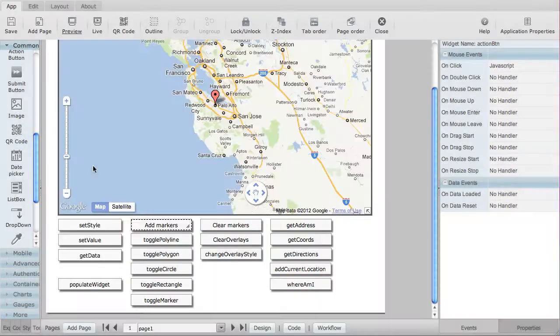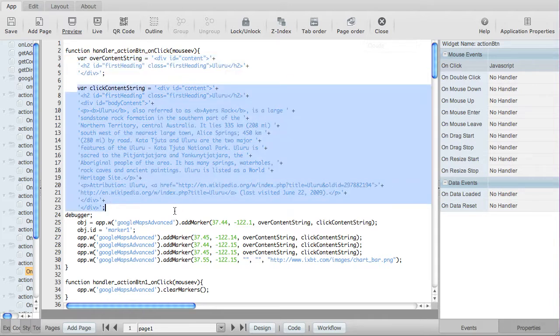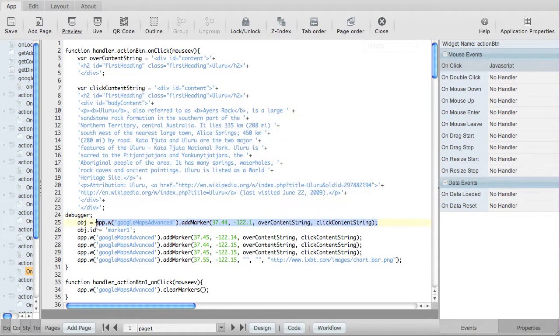So the code for that, let's go to events. Here you can see we're just hard coding the on mouse over HTML, the on mouse click HTML, and then this single line adds that marker to the map. As you'll see in a minute, you can also add multiple markers in one call. You can also